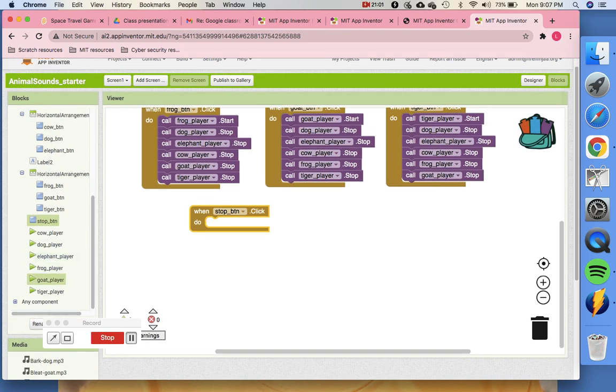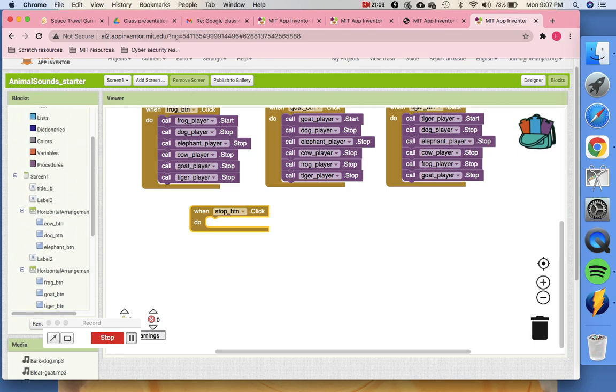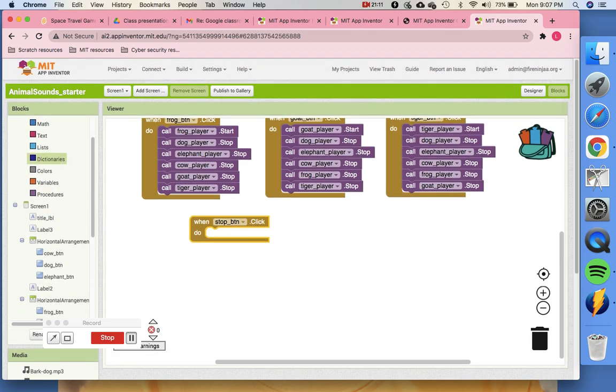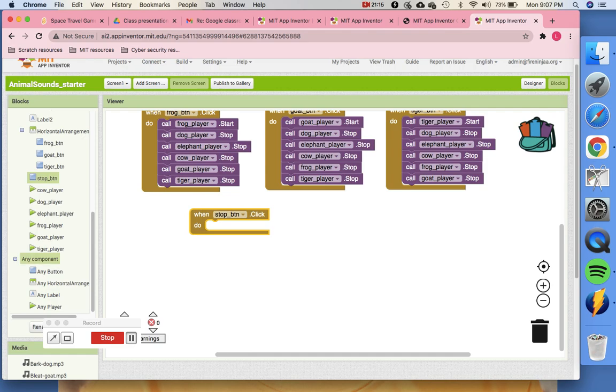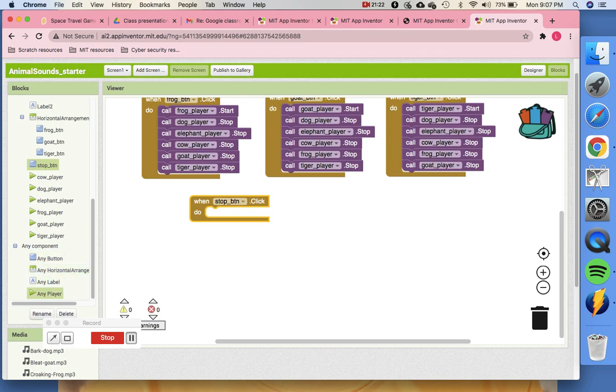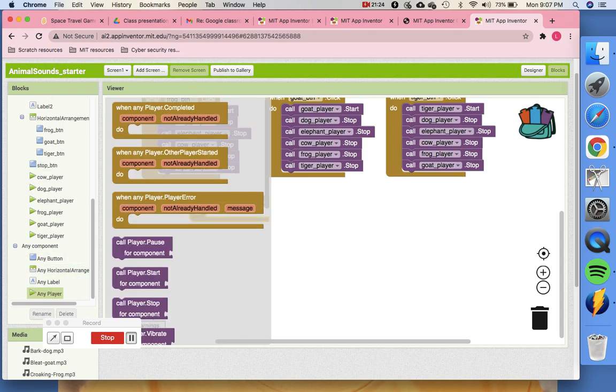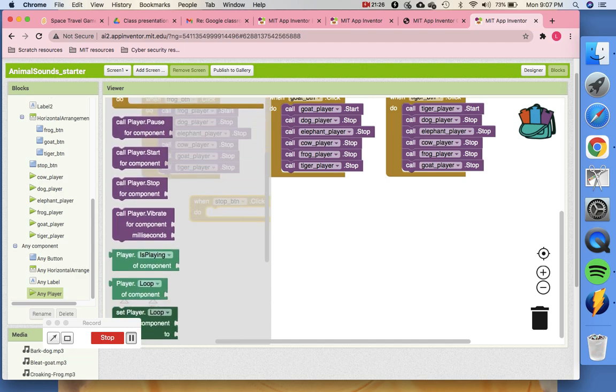Instead of going to any player and choosing all the players for the stop button, if you come down, see here the built-in components, and you have the screen 1 components. Below that you have something called any component. In that any component I have something called any player. Okay, so I'm going to click on any player.